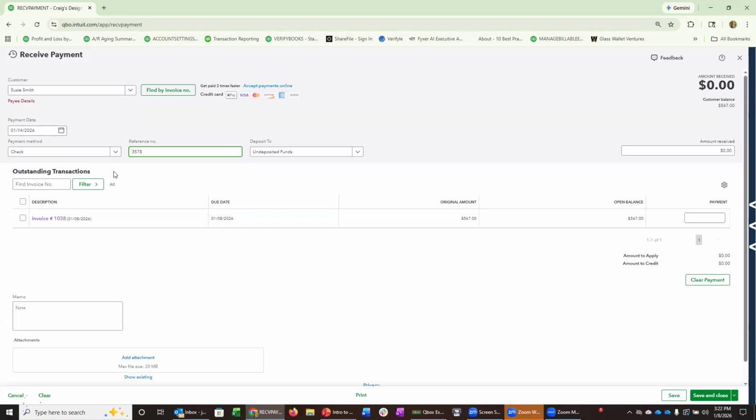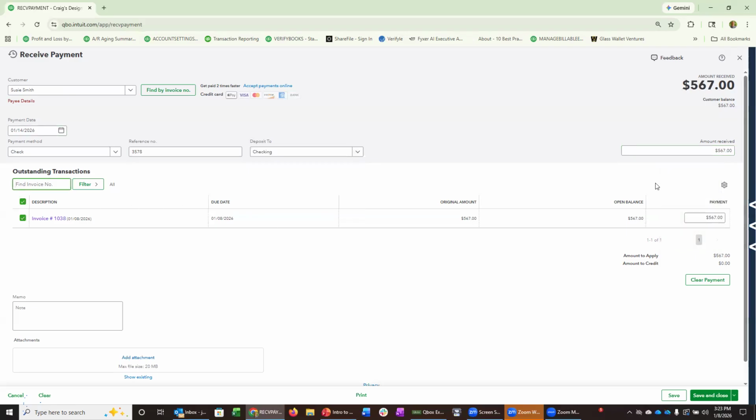This is a very important part. If you're using QuickBooks already, and if you're confused, this is a very important part. Deposit to. Do I want to run it through undeposited funds? Or do I want to deposit it straight into my check register? That will be determined by how you plan to take it to the bank. Are you going to take a picture of it, a mobile deposit? Then you could drop it straight into your checking account. You say, hey, I got paid